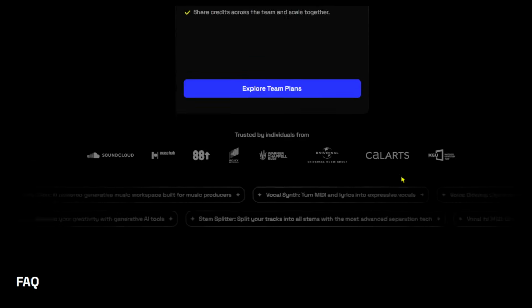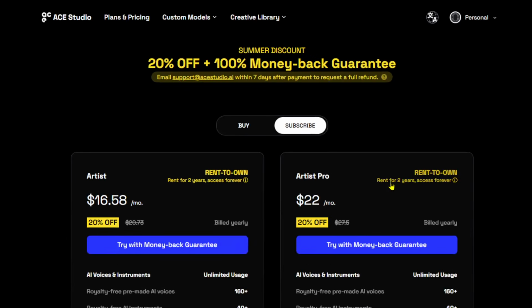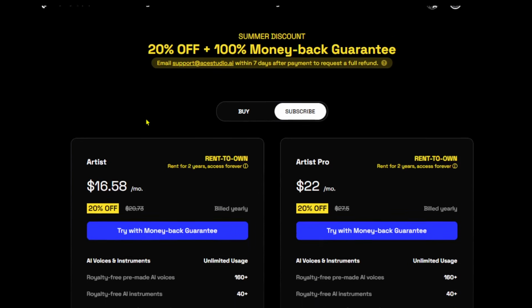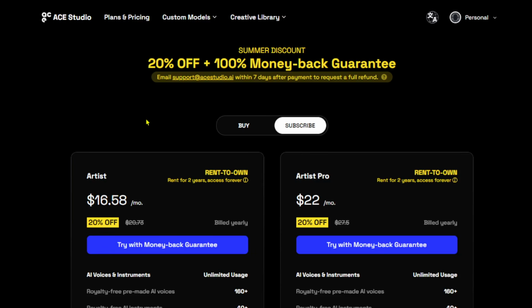Those of you who use Ace Studio, good luck to you. And I don't believe in luck. So, you know what that means. I am very unimpressed. I think this company needs to do better for the user. I think they need to be more empathetic. First of all, it does take a long time to use the tool. And secondly, it takes a long time to even figure out that you have to part with your hard earned money to try it out. Who's got time for that? Give me a break. I'm done.